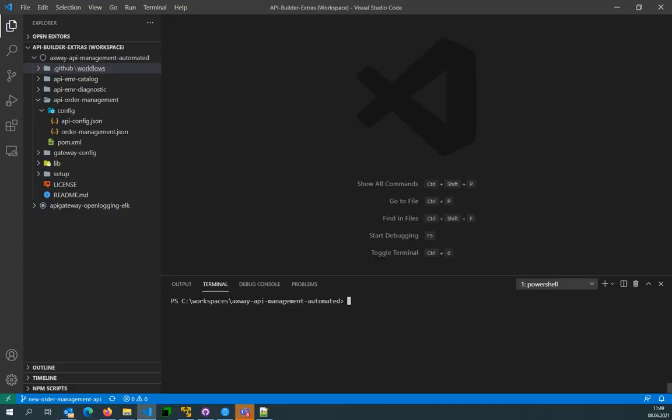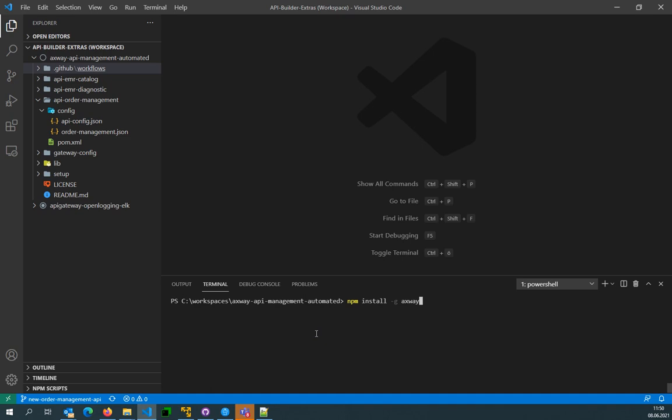In this video, I would like to explain how to set up and install API Builder, as I would like to use API Builder in the next video in order to set up a mock. API Builder is based on Node.js and NPM, and it's recommended to have the Xway API Management CLI up